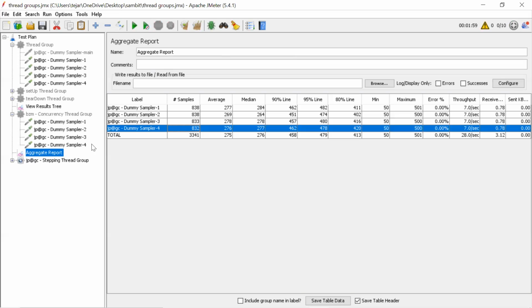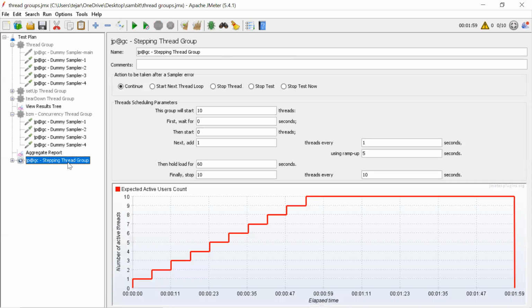That's where this is a stepping thread group. Mostly all are the same, only the entry point differs a little. Once your entry point is done and steady state is reached, everything is the same. Only to achieve the steady state, how you want to design it, that's where the thread groups come in.